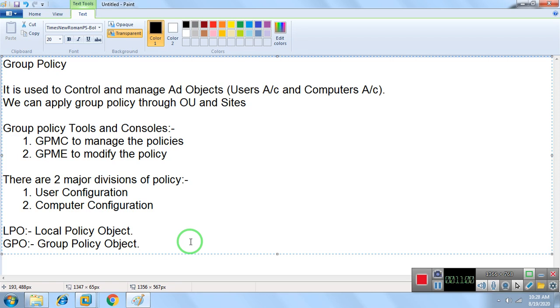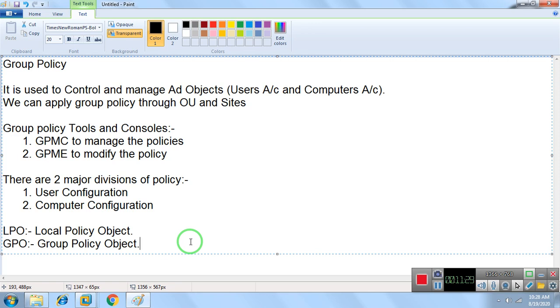We can still access the local policy, but it is not working once the server becomes a domain controller. So we have two types of policies: local policies run in a workgroup and group policies run in a domain network. Remember these things.